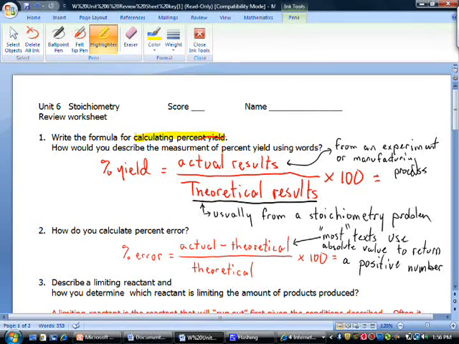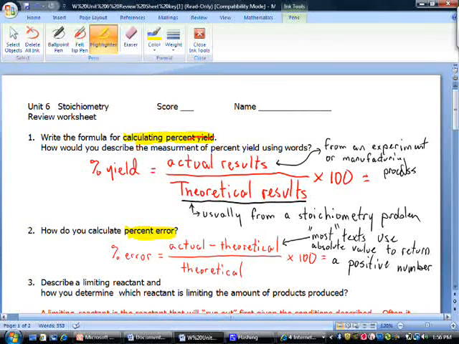You could calculate things like percent yield and percent error. And percent yield, typically if you're working with a lab or a manufacturing process, and you go through the process and you get some material out at the end of your process, that is your actual results. Now,